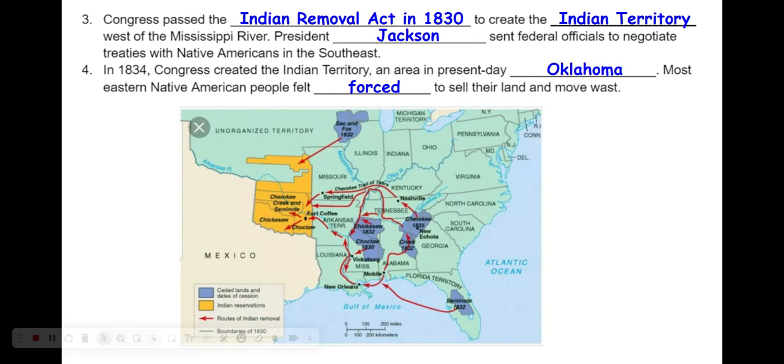If you take a look at the map, the group of people that we're going to speak about as far as the Trail of Tears are primarily the Cherokee that were located in the northern part of Georgia and a little bit of southwestern North Carolina, a little bit of southeastern Tennessee. If you look at the Chickasaw and the Choctaw, a lot of them are located in states like Mississippi and Alabama. Same goes with the Creek.